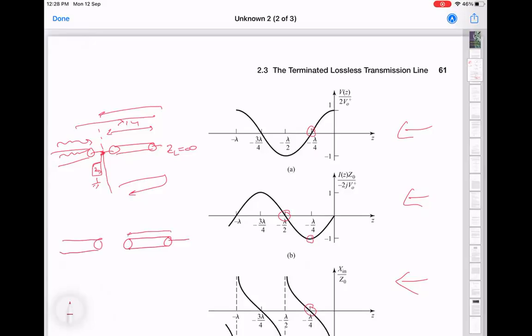This is now lambda by 2. This is CL equals finite. Now I connect my device here. Then even though waves are coming here and waves are going that way, at that particular point there will be no current in that device. So these kind of ideas can be useful where you're trying to protect a device from an external stimuli, or